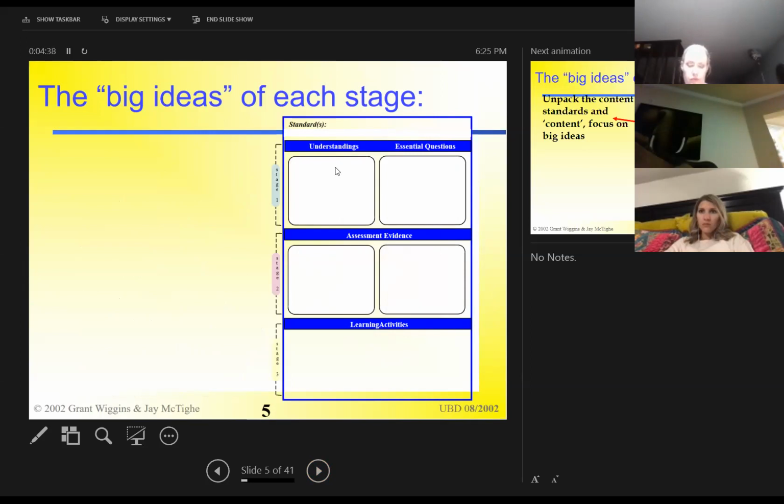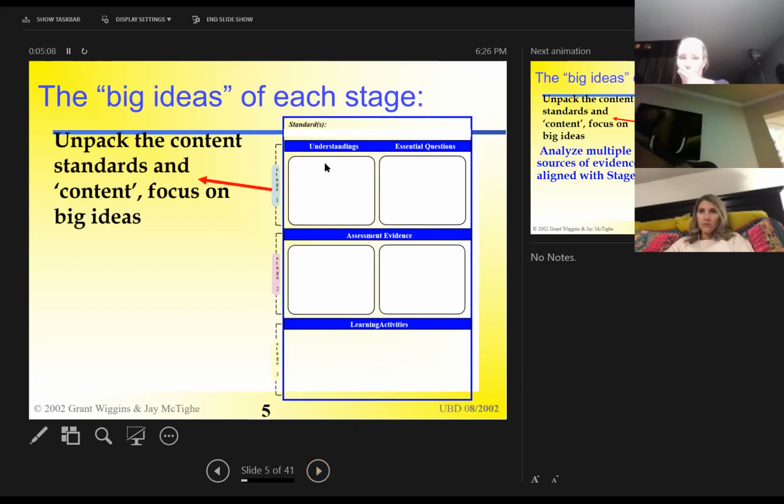So notice again, it's that whole idea of unpacking first. What is it our kids need to know? How is it going to be assessed? And this other little block here can be used for a sample question or something like that from one of the release tests related to that. Then we get into planning the activities. Most people start at the bottom and go up, but that's incorrect. You start at the top and work down.